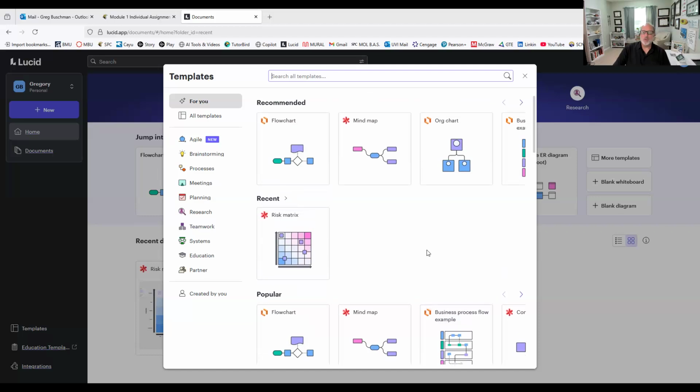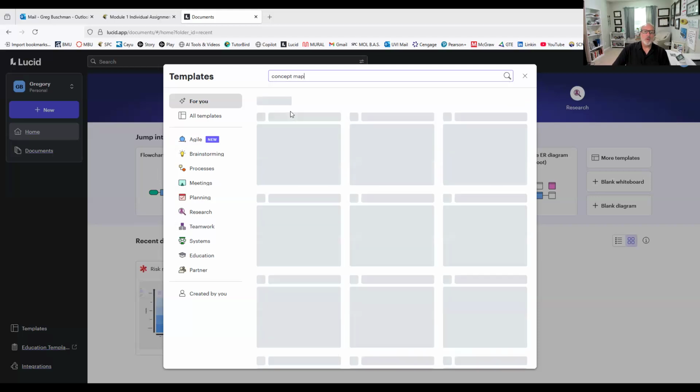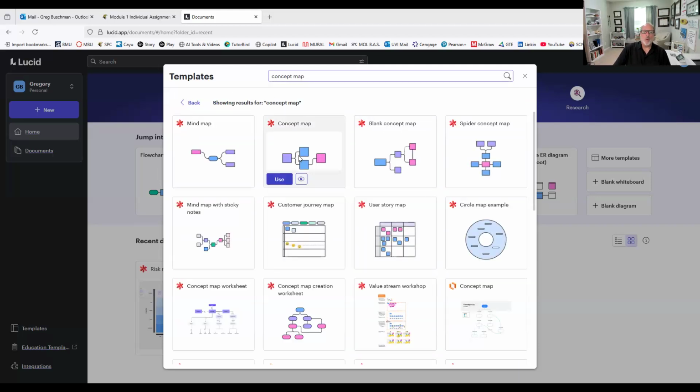But you can look just right at the very front, and you can tell one of the recent ones I was using was a risk matrix or a heat map. And so as we go through the assignments, you'll be using Lucid Charts to create real risk management visual data tools. And the templates are pretty simple to use. You'll just put in a search here. So one of the assignments uses a concept map. So, oops, spell it correctly. And so you can hit concept map, and there's a whole list of